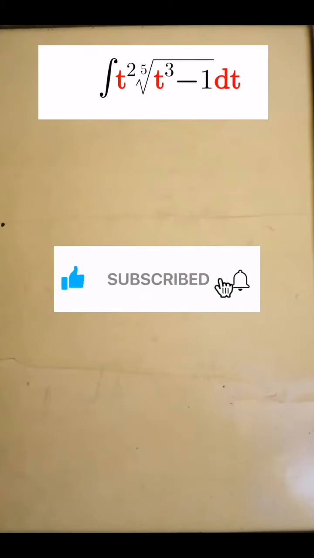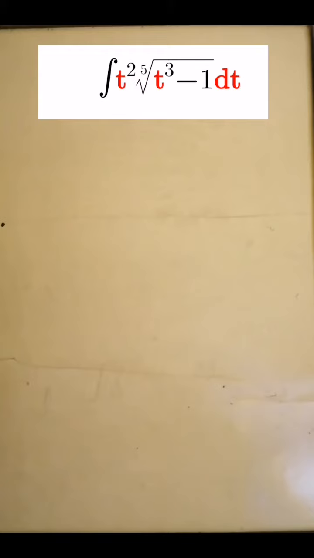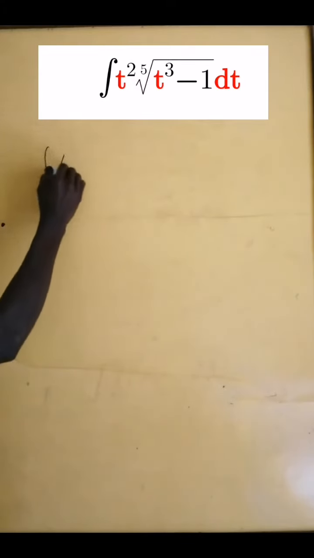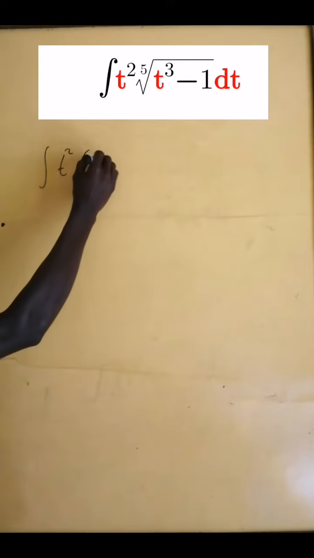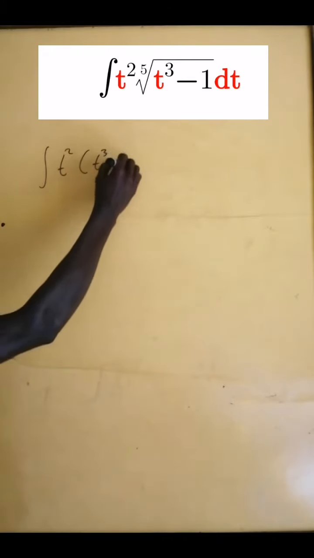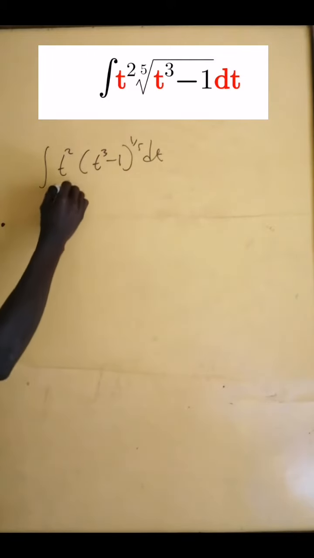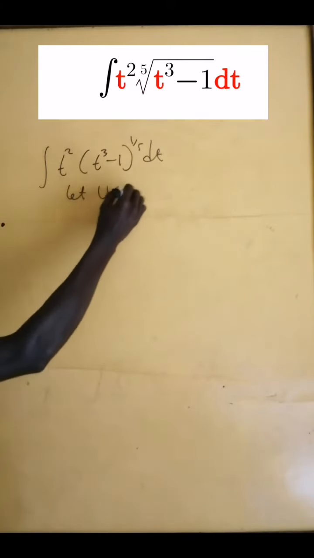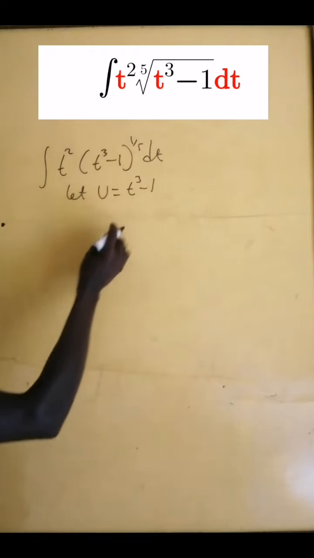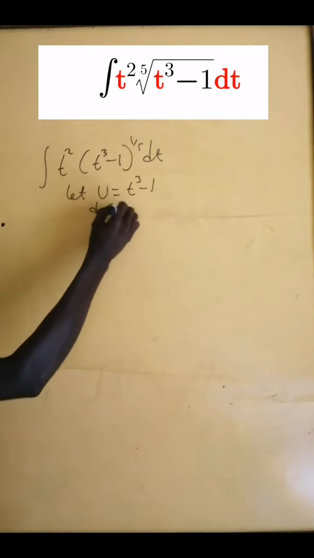Integrate t squared times the fifth root of t cubed minus 1 dt. Now, for this integral, we can write it as t^2 times (t^3 minus 1) all to the power 1/5 dt. Now, for this, if we let u equal to t^3 minus 1, then du